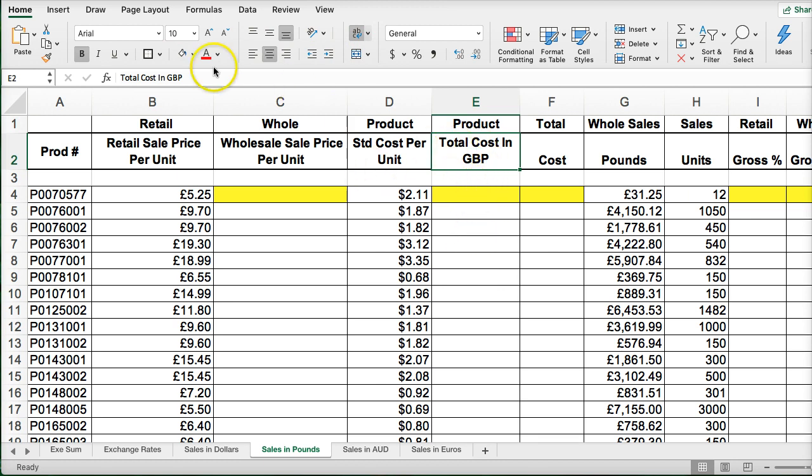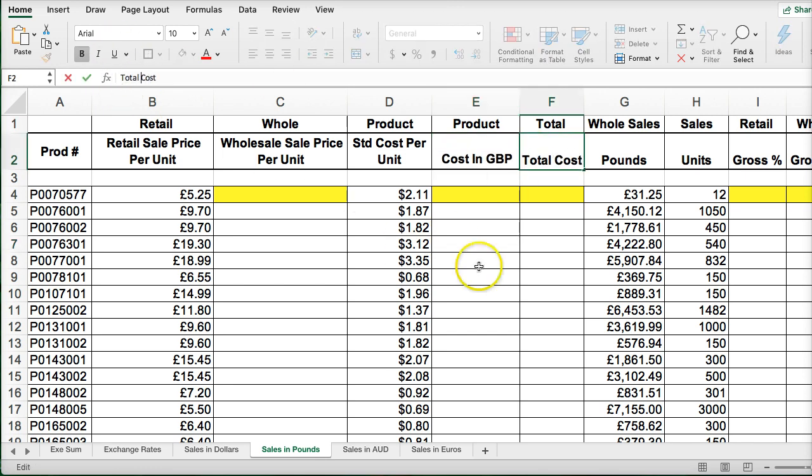Let's see. Oh, actually, this is just going to be costs. We don't need total. This is the total cost here. Costs. And then we have sales in pounds. And this looks like total wholesales in pounds. And then we have sales units,